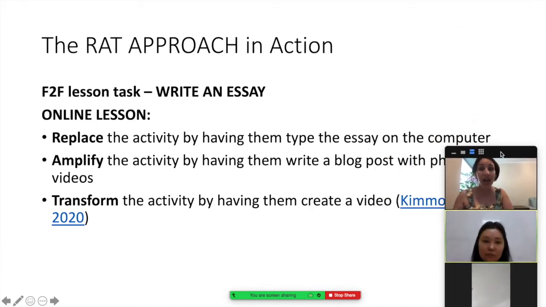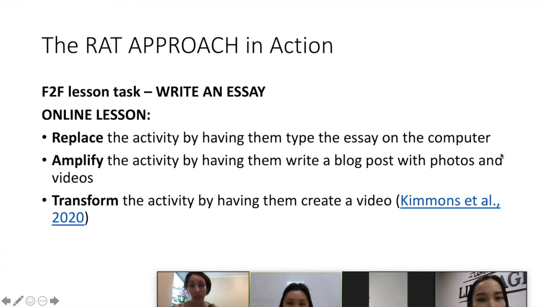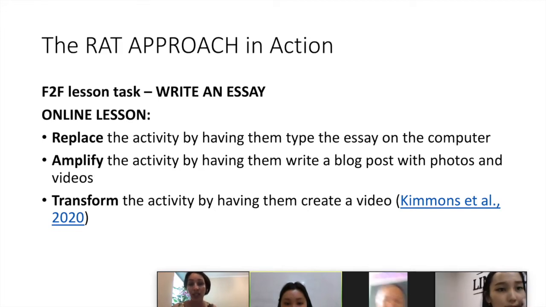So what I do, I replace the activity by asking the students not to write an essay, but to type the essay, so that the activity is more realistic. It's not realistic to teach something through the screen, and then ask your students to write it on a piece of paper, take a picture of it, and send it through WhatsApp or through the camera. This is absolutely not realistic. That's not how the real world works. In the real world, if you communicate through a computer, then you communicate through typing. So the teacher should open up this space and be ready to accept writing pieces in a typed form.